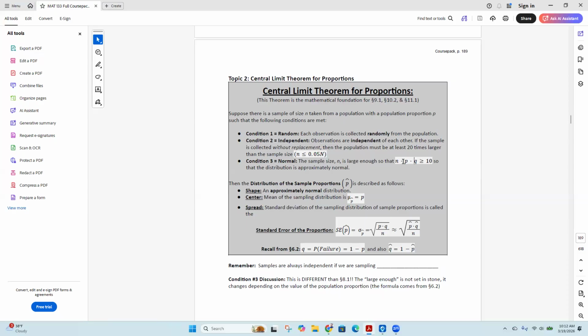Okay. Because if one more person buys my product, now I have two people buying my product. That's only one more person, but it's doubled the rate. Okay. So what I'm getting at is that when you're checking to make sure that your sample size is big enough, you can't just say it has to be bigger than 30. You have to make sure that n times p times q has to be bigger than 10. Okay. So if your sample size is huge and your probability is not too small, then you're fine.